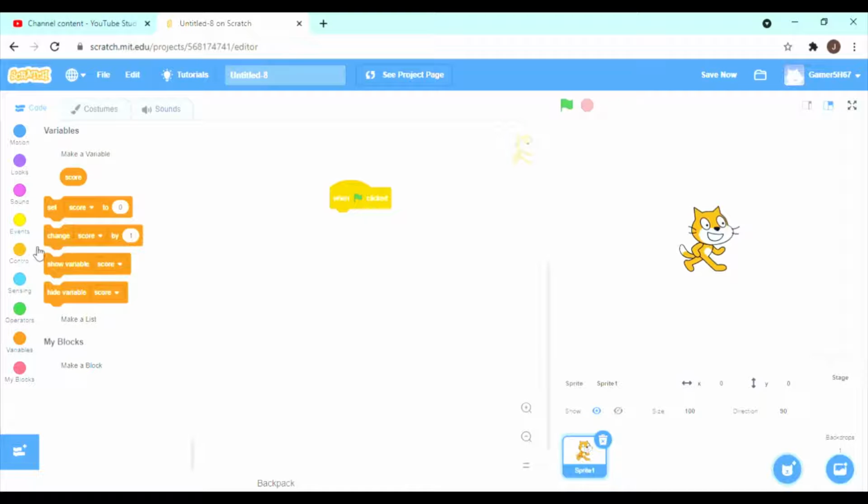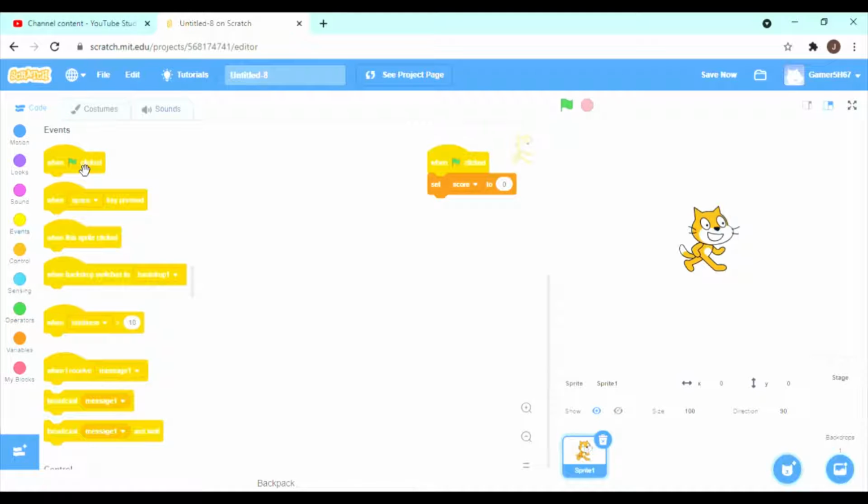So now you do set score to 0. So it'll restart your score every time you start the level. So you don't just start the game with like 5 points. So yeah. So get another when flag clicked block because this flag is basically the